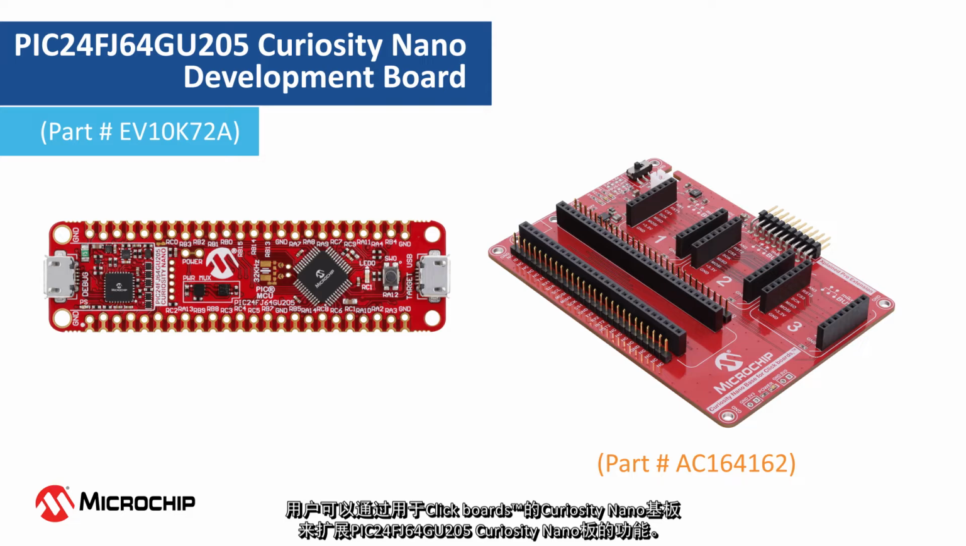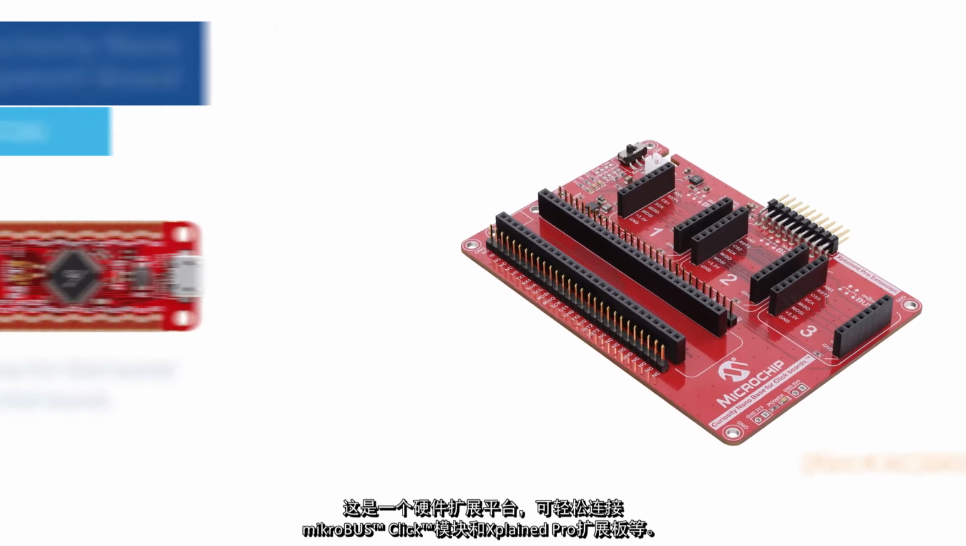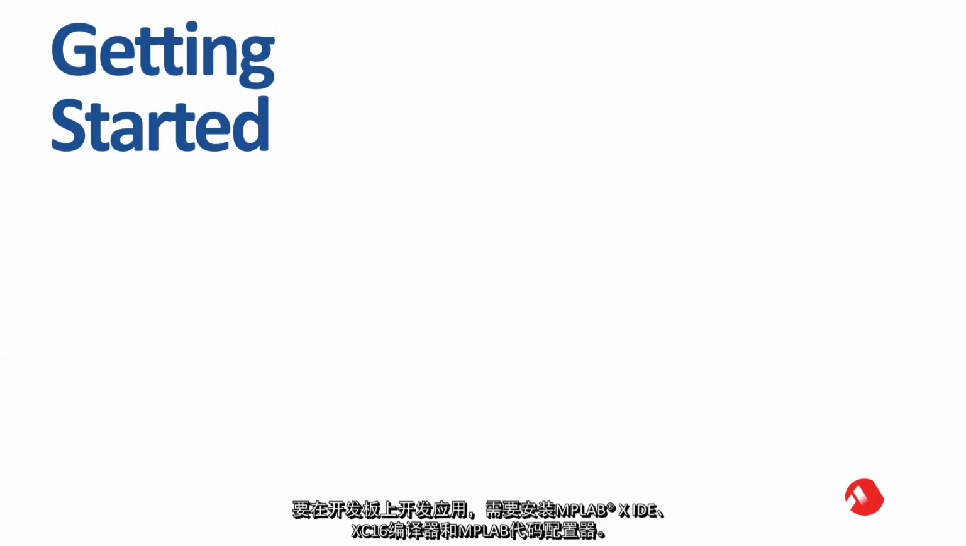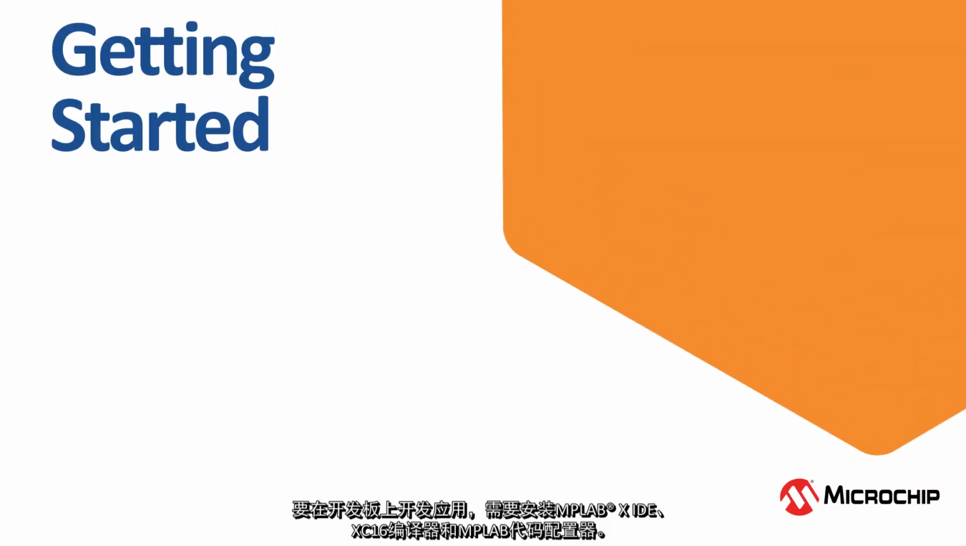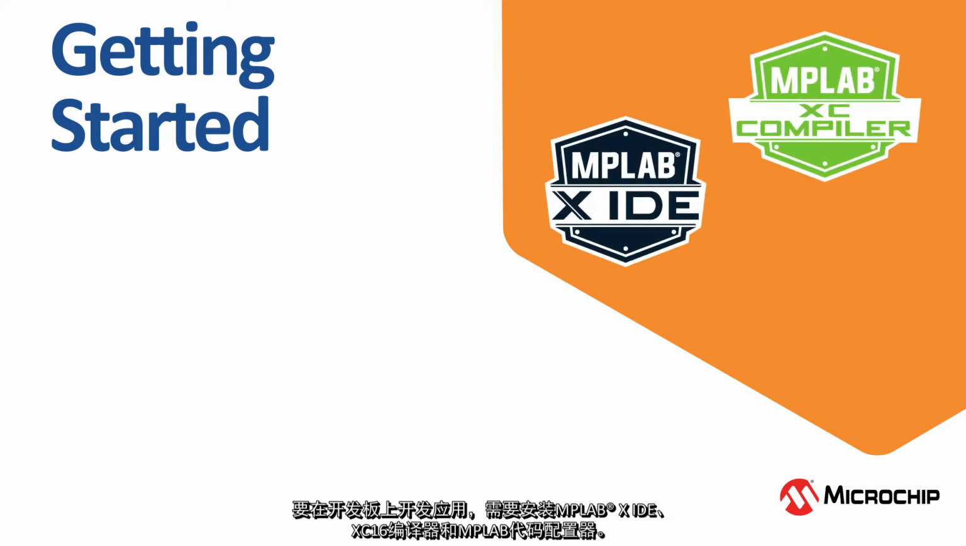Users can extend the capabilities of the PIC24FJ64GU205 Curiosity Nano board using the Curiosity Nano Base for Click boards. This serves as a hardware extension platform to ease connecting extension boards like the mikroBUS Click modules and Xplained Pro extension boards. To get started developing an application on this board, you will need to install MPLAB X IDE, XC16 compiler,